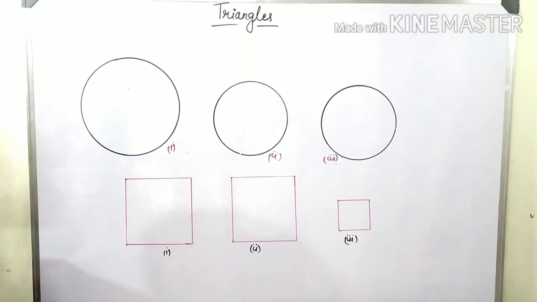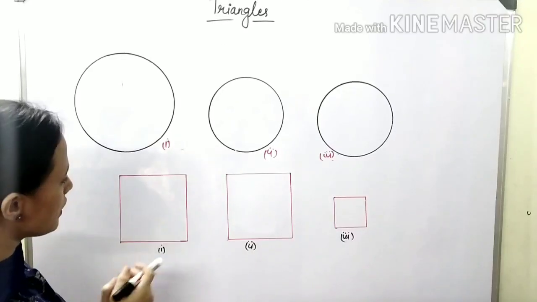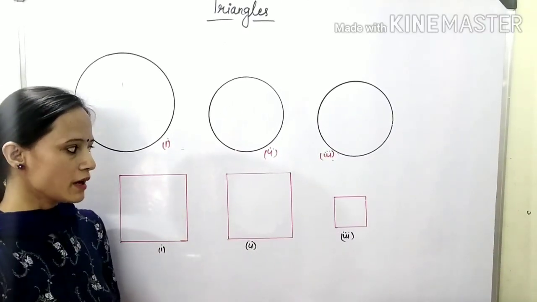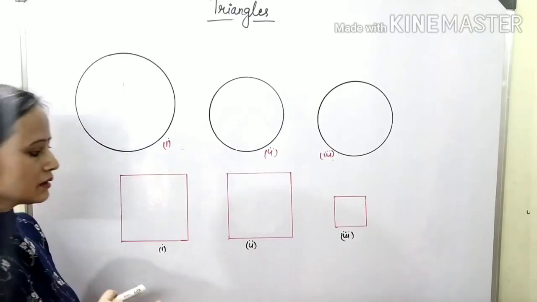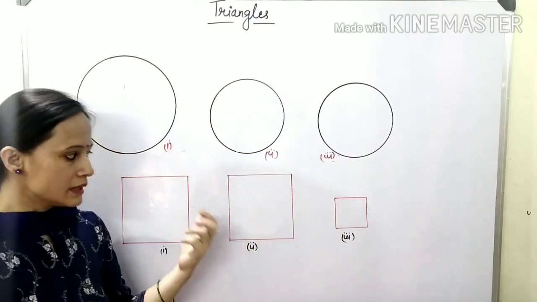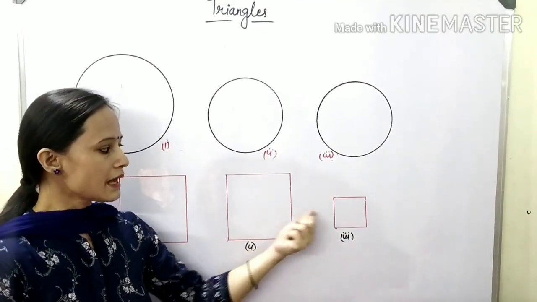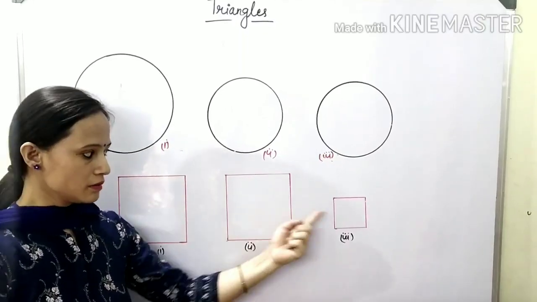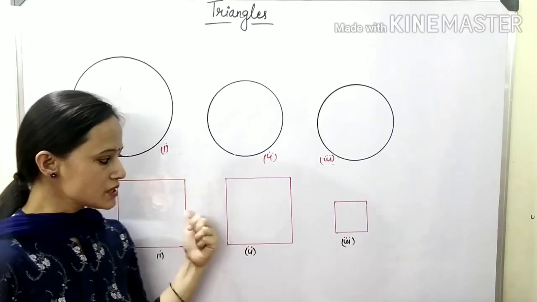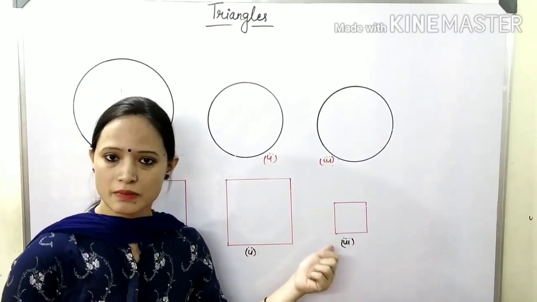Now, if we see these squares, I have tried to draw them having the same shape and size. So the first and second will be called congruent squares, and if we compare these 3, then the first 2 are different from the third one because they have the same shape, square, but not the same size. So these will be called similar figures if we are comparing the second and third. So they are similar squares.